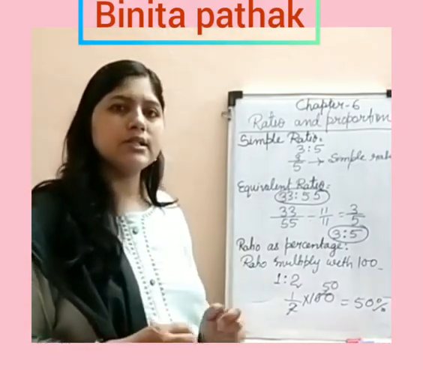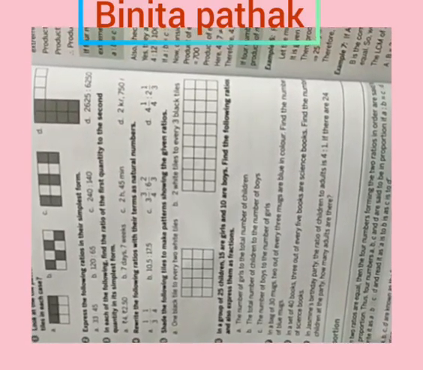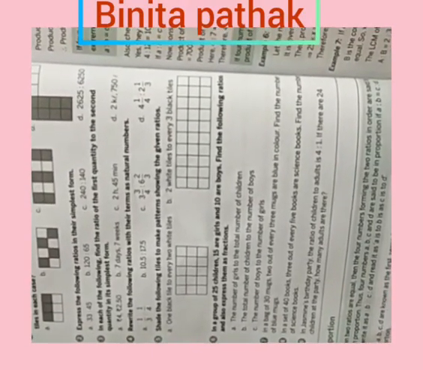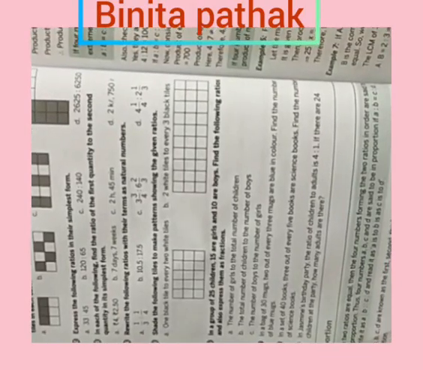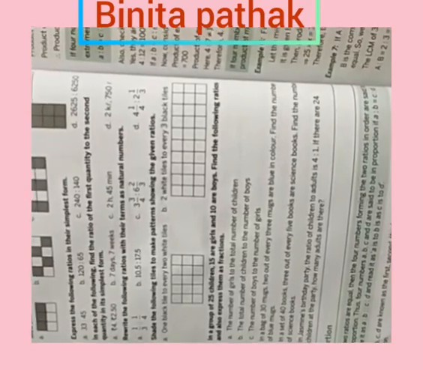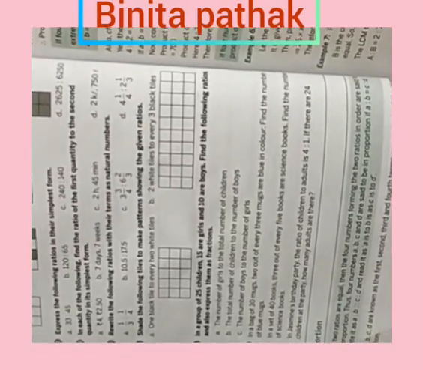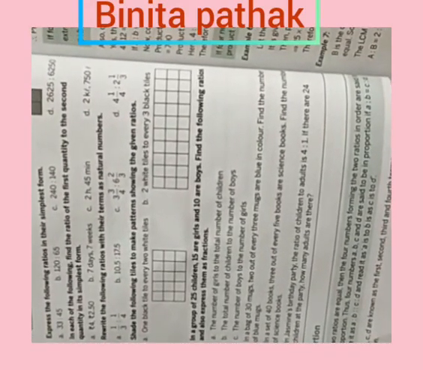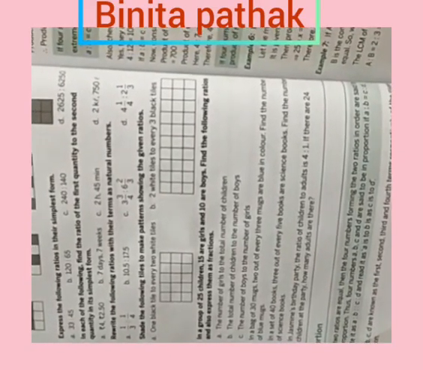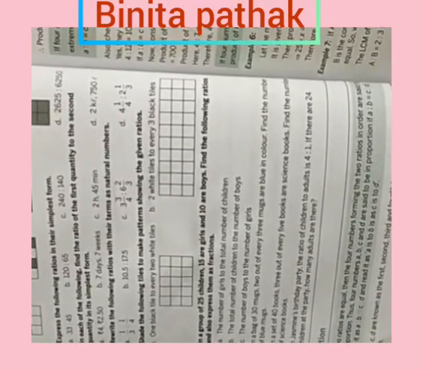Let's start our exercise 6.1. Here is exercise 6.1 and question number 1 to 5 there are divisions. So from each division I'll give you question number first and second. It means first A B, second A B, third A B, fourth A B and fifth question A. Now word problems are there 6, 7 and 8, 9. So I'll give you question number 7 and 9. Which questions I'm giving you in the video, those questions you will not find in the notes. Only those questions which I am not giving you, you can find in the notes. So let's do 6.1.